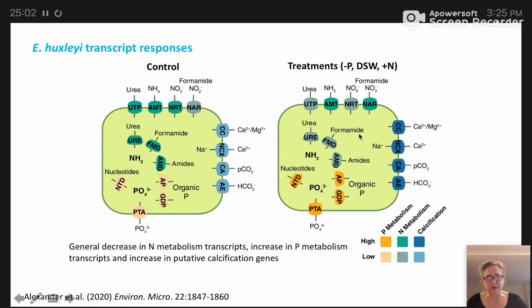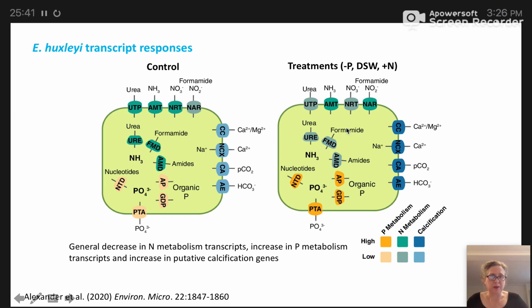So here's a little cell schematic where we have the control and then the treatments with added nitrate on the right. The signal in orange color are gene targets related to P metabolism that are generally regulated by phosphorus availability. Similarly, in the teal color, we have N targets that are genes that are regulated by N physiology. And in the dark blue are genes related to calcification. So what you can see is that there's a general decrease